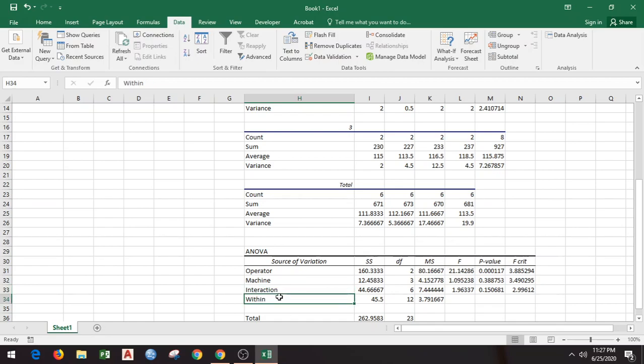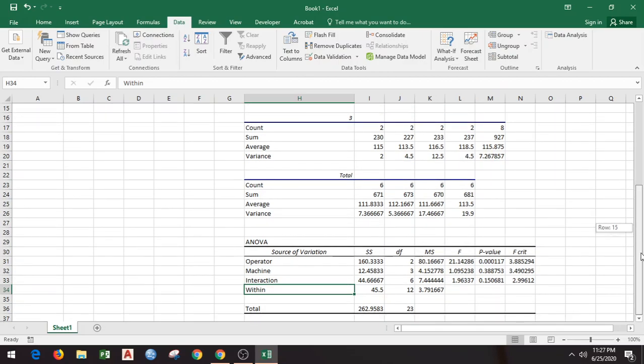You can even call it error here. And then the total variation. So the total variation is caused by these 4 factors: variation caused due to operator, variation caused due to machine, variation caused due to the interaction between operator and machine, the interaction effect, and standard noise or standard error.